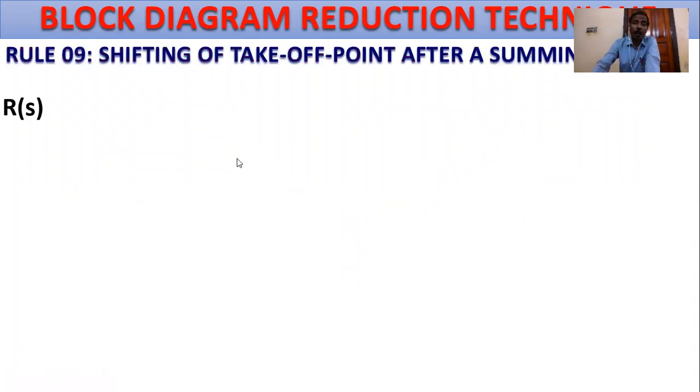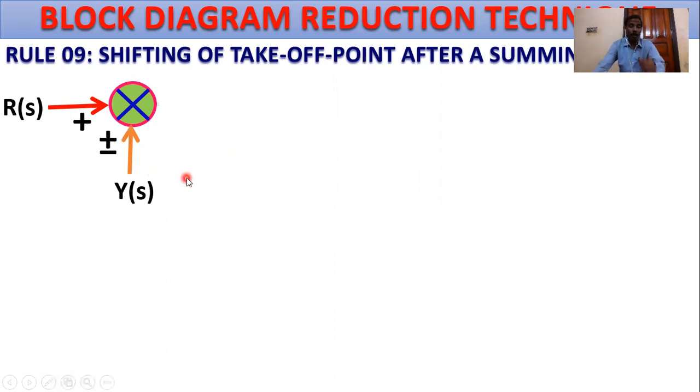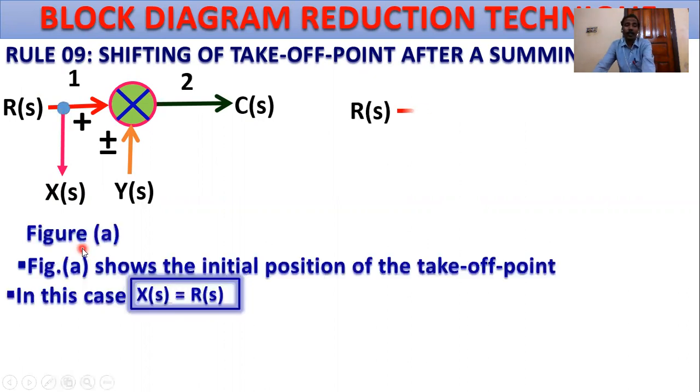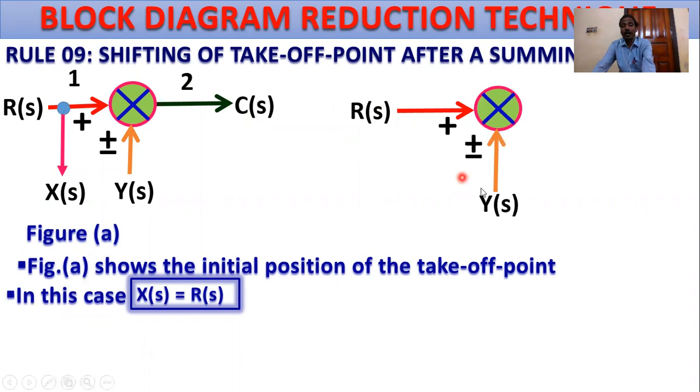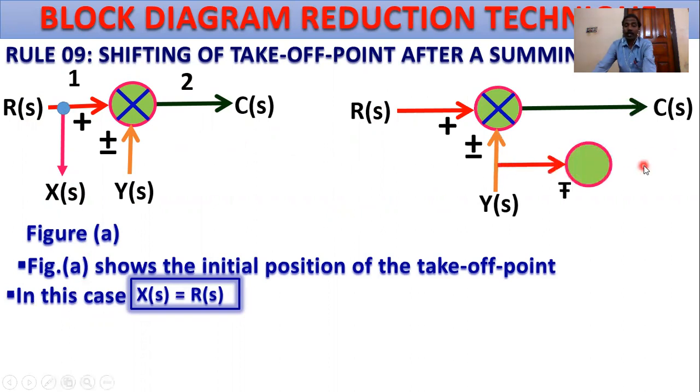Then, shifting of a takeoff point after a summing point. This is the reference input R(S), and this is the comparator summing point, and another input plus minus Y(S). The output C(S) equals R(S) plus minus Y(S), and another output from this branch is X(S). This is position 2, this is position 1, and R(S) reference input is always plus, and this is the Y(S). So this is the C(S), and plus